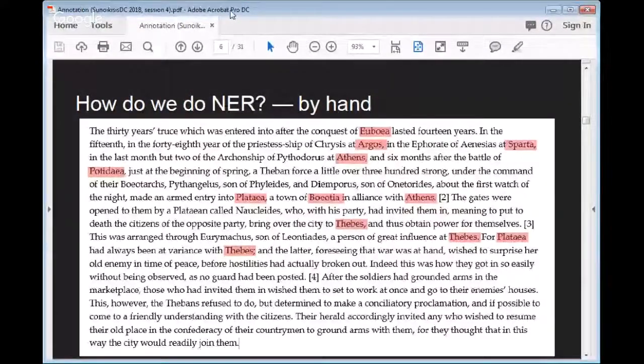We can go through and say, look, here are a bunch of place names in this text, and here are a bunch of personal names in this text. And there are also, which I haven't highlighted on here, indirect references, references to unnamed people, references to places via ethnic terms, which are not really references to the place. So the Plataean there, called now Clades, that's not a reference to the place Plataea, but indirectly it refers to the place Plataea, and so could be tagged as a place name if you wanted.